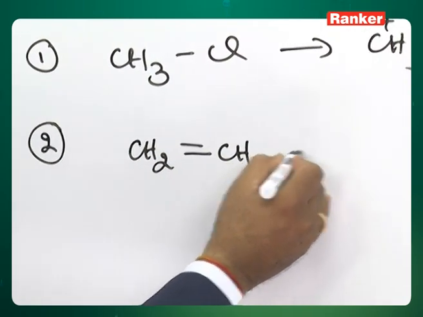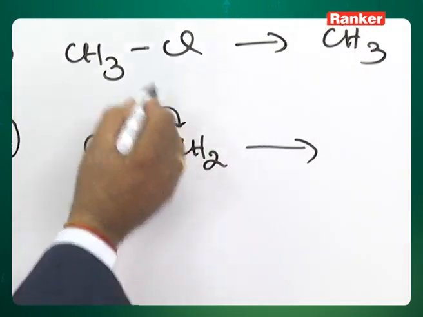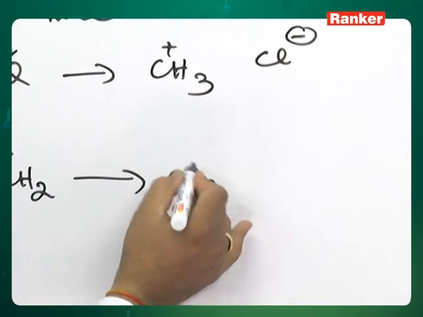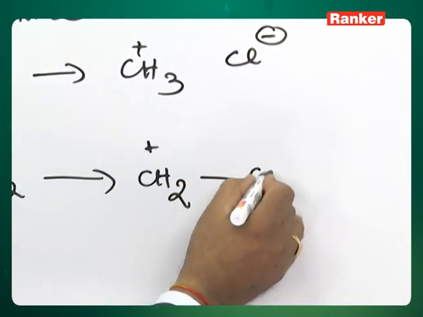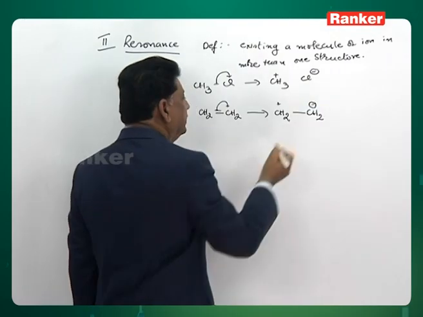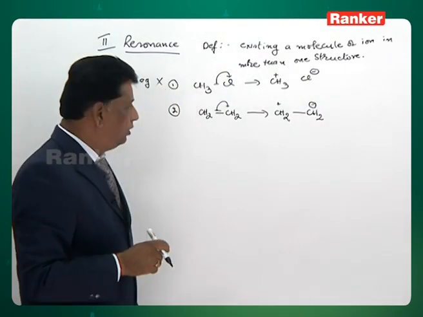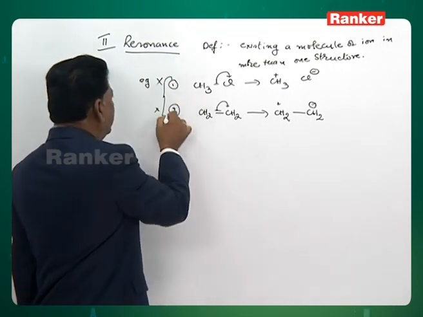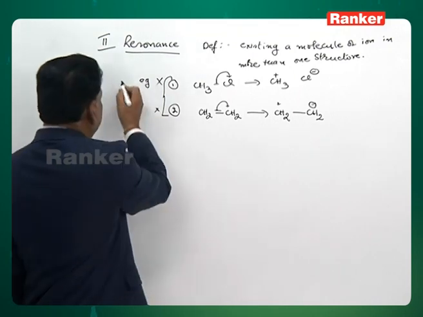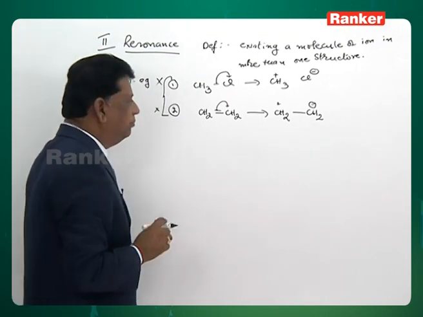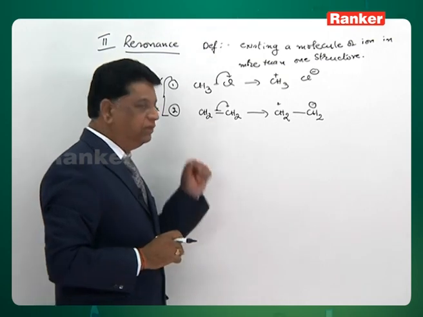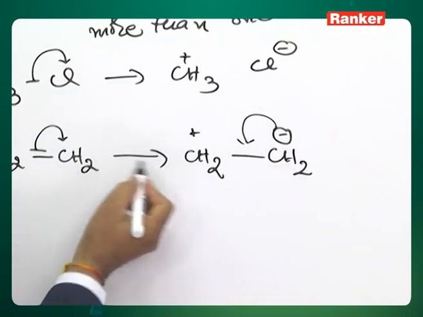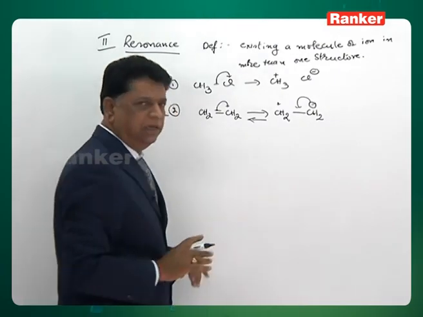Sigma bond is not allowed, isn't it? So, therefore, I will take another molecule. Previously I opened the sigma bond, now I am opening the pi bond, writing CH3, CH2 plus and CH2 minus. Is it the method to write a new structure for the molecule? Again, this is also wrong. So, both these examples are non-examples for resonance, because in resonance, only opening a pi bond and making a pi bond back again is not resonance.